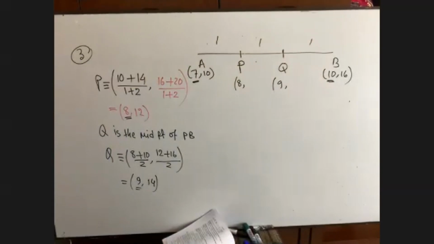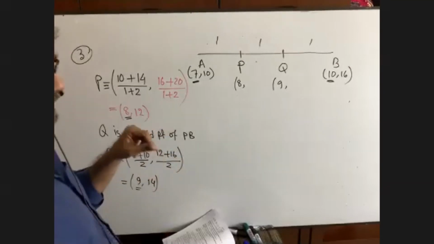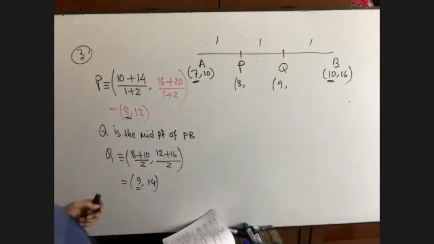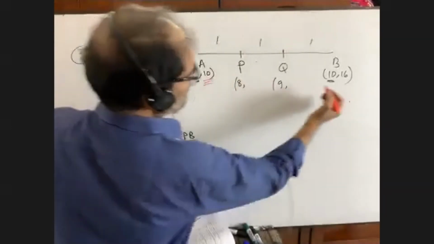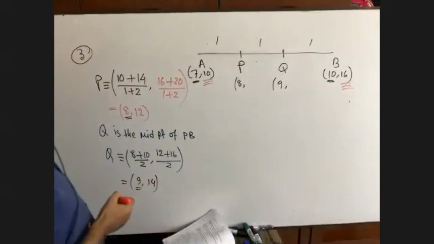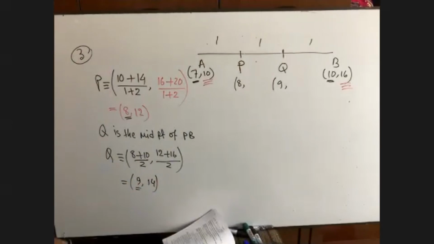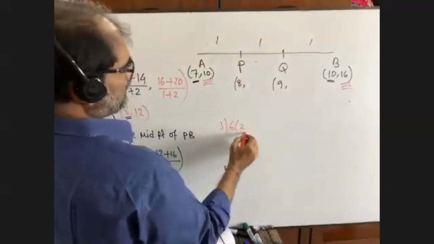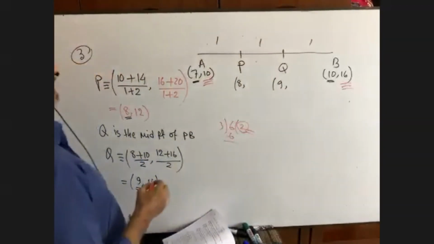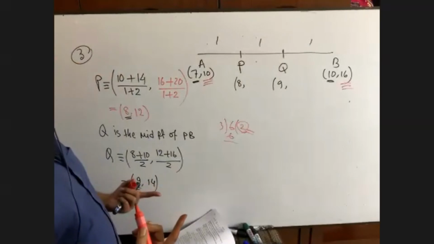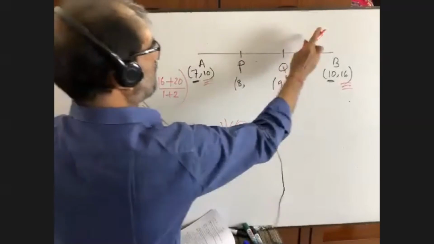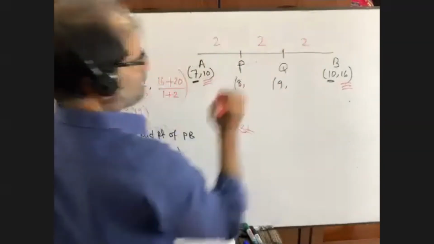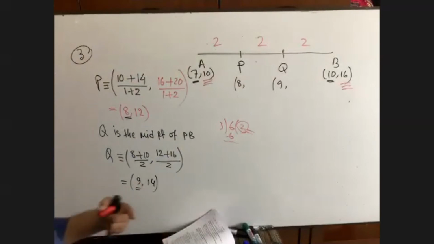Yes, sir. And for the y part, and this is by me, I am telling you again and again. For the y part, what is given? 10, and 16. What is the difference? 6, sir. It is to be divided into 3 equal parts. Then we are getting 2 as the answer, right? So every equal part will be of 2 units. Am I right? It is for y.